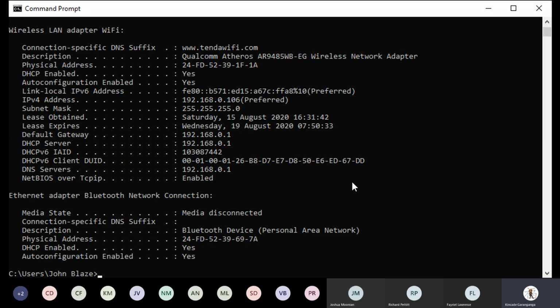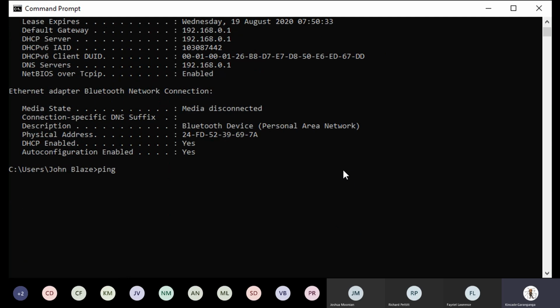So for instance, let's go with the ping command first. Remember, we said the ping command is used for connectivity. Let's see if we can scroll this up a bit. If I'm going to 127.0.0.1, ultimately what I'm doing is pinging my network interface card. I want to check if that network interface card is working without issues. If I get 100% replies and